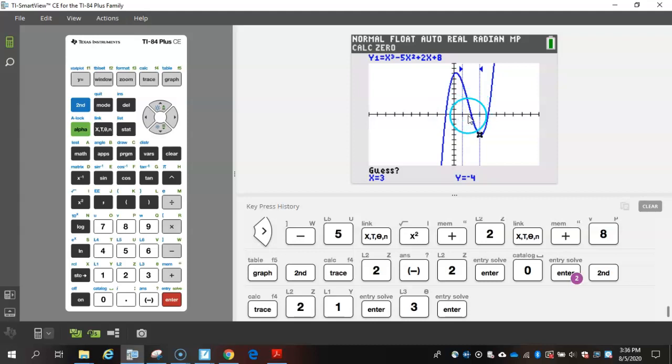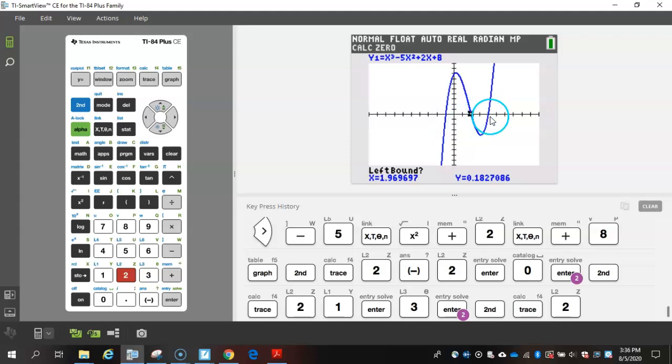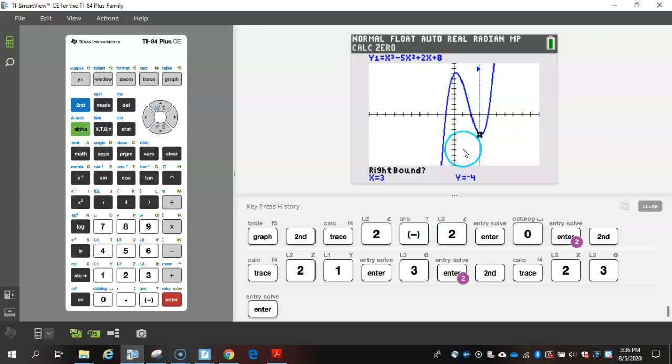It's in between these 2 lines, so I'm going to hit enter. It says my 0 is at 2. And then the last x-intercept for 0. Left bound of this, I'm going to go ahead and say 3. And then for the right bound, you can choose any number over here, so I'm just going to go ahead and say